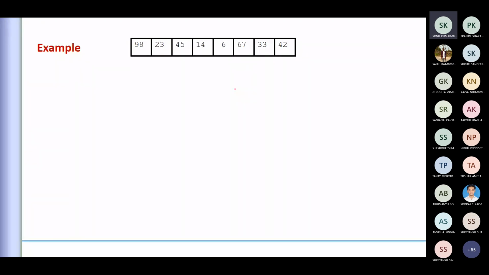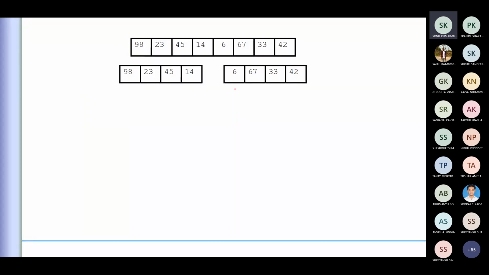According to merge sort, first we are going to divide this. This is just a pictorial representation. We are trying to divide the unsorted array into two halves, so this becomes an entirely different entity, and this becomes an entirely different entity. But in a programmatic way, we'll keep an index as the starting point of the first array part and the second array. Physically, I could break them and see them as two halves, but it is not so in a program.